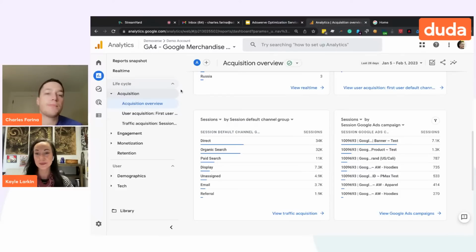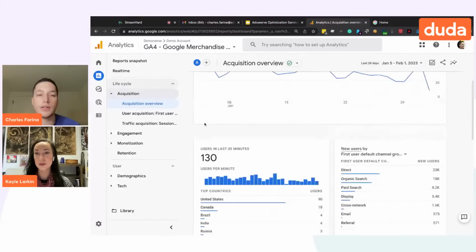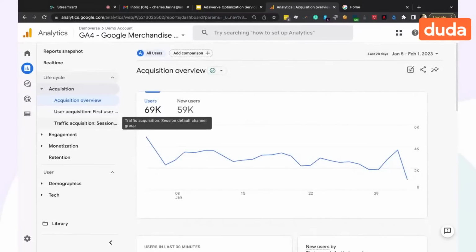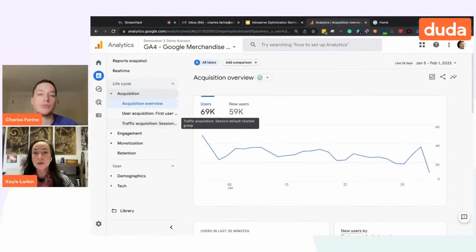So the first thing that's important to start off with is that if you currently have the old version of Google Analytics running, it doesn't carry forward into the new version of Google Analytics. Because the data model is so different, Google's made the decision that GA4 requires a new implementation and new tags running on your website. So the short summary of that is everyone has to add new tags or launch the new components for GA4. Otherwise, you're not going to have any data.